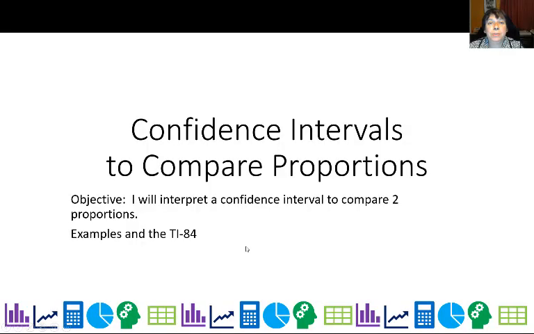Now let's go ahead and do some examples of confidence intervals. And yes, I am going to show you a TI-84 shortcut to calculate confidence intervals. Remember, when you're doing free response, you need to show all the work that I'm showing right now. If you're doing multiple choice, go ahead and use a TI-84 or any calculator to calculate it as much as